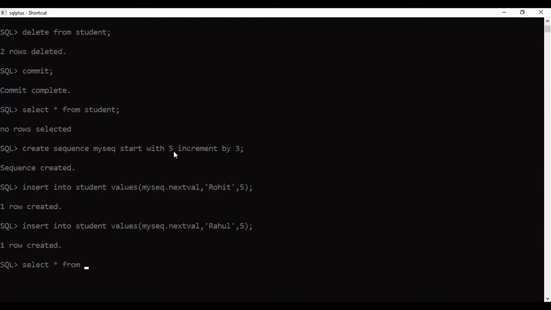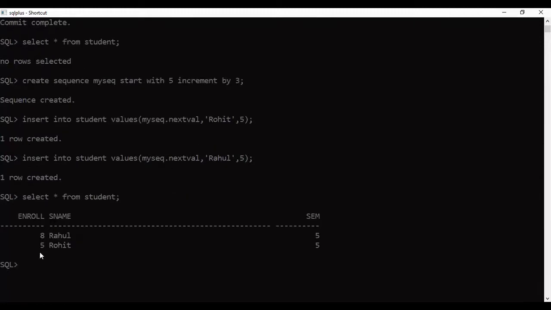Now let's see the records of the student table. So here we can see Rohit, that is my first record. So its roll number is 5. Right? Rahul is my next record, so its enrollment number is 8. Okay.